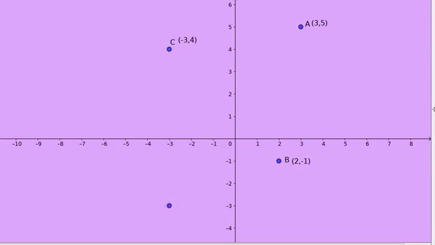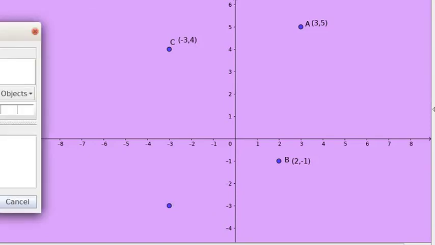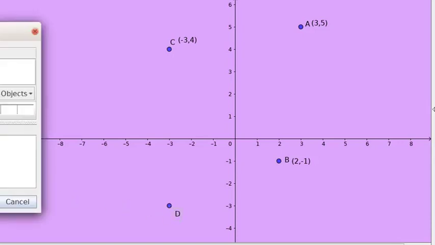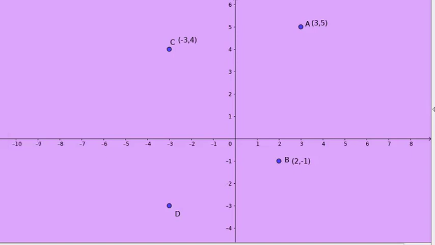This is the point. Okay, and name the point. What is the name of the point? Name of the point is D. It is given in the question. Then after that you write its coordinates: minus 3, minus 3. This is the coordinate of that point. Okay, this is the method of drawing axis and marking the points. You thoroughly understand that. Clear?